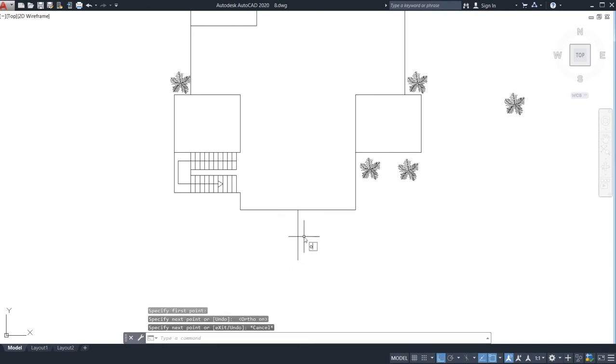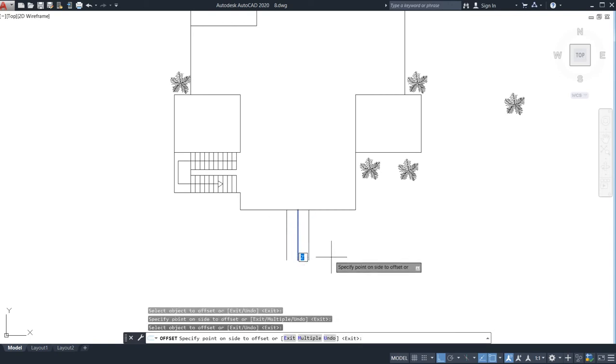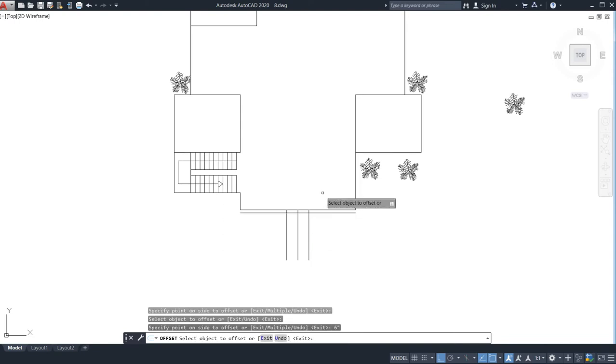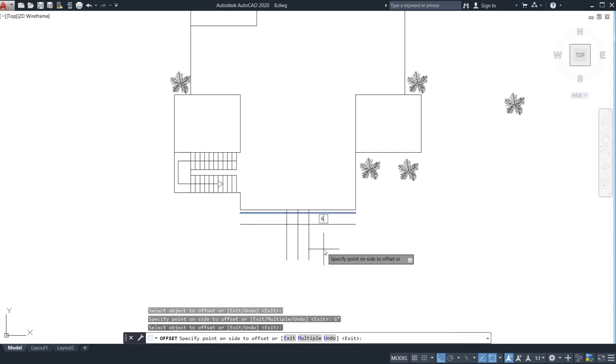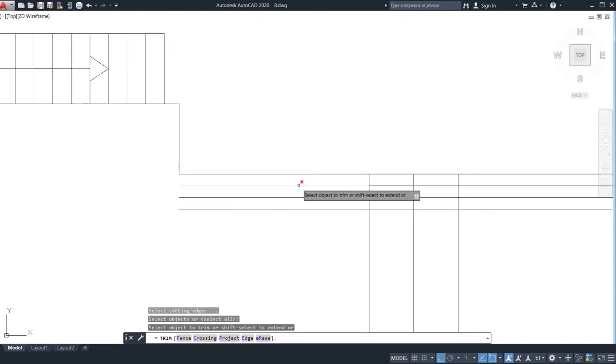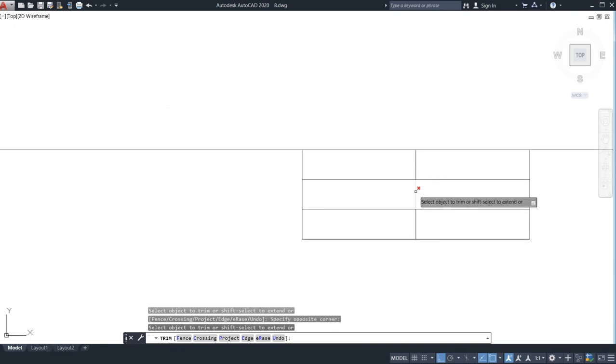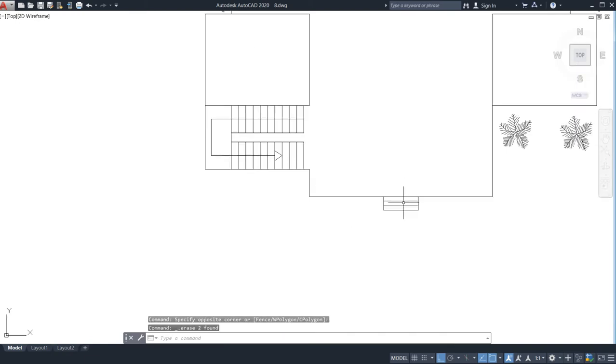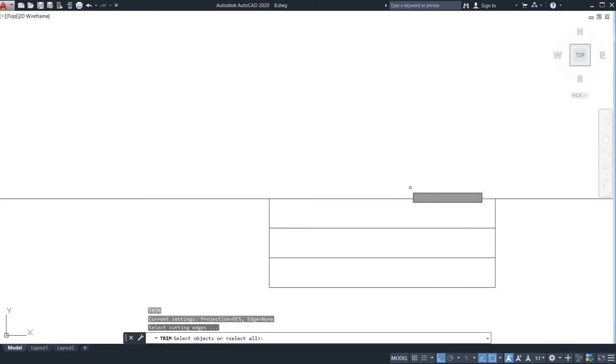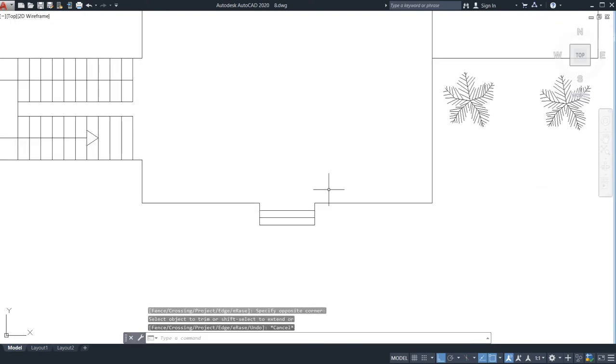After that, go for the offset command of 2 feet. So I'm going to provide a width of 4 feet for this stair. So go for 6 inches, 1, 2, 3. Yeah, 3 would be better for me. So go for the trim command, just trim all the unwanted and extra lines. After that, this middle also is not needed. Just select it and trim it, right? If you trim this also, that will be better for your building, right? It will look quite good.